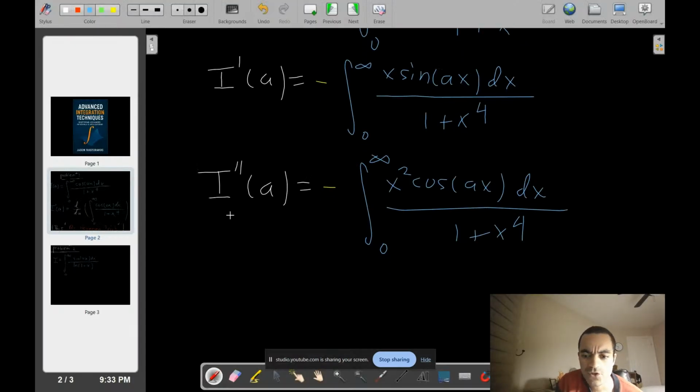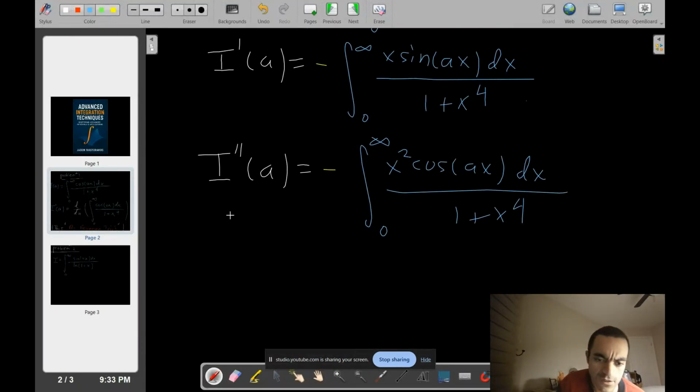All right, so right now we have this integral. I differentiated a second time with respect to a, because we weren't able to integrate right away after using the Feynman trick, differentiating with respect to the parameter a. So this is what we have right now. We have this monstrosity.